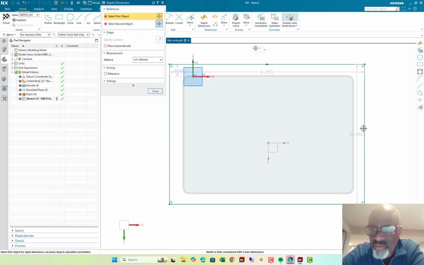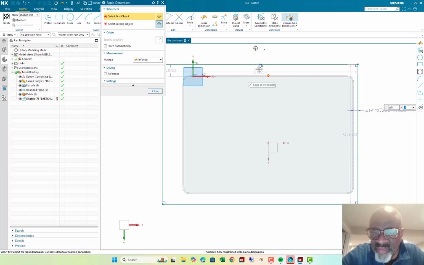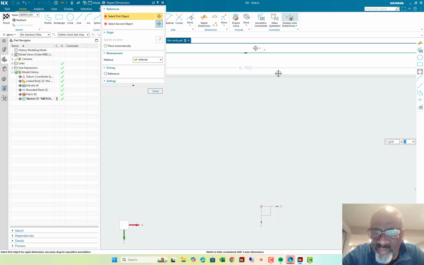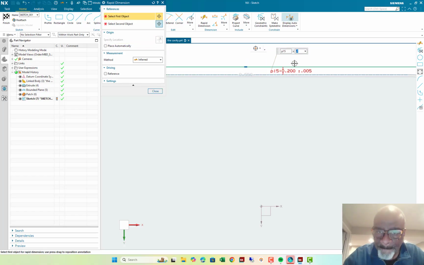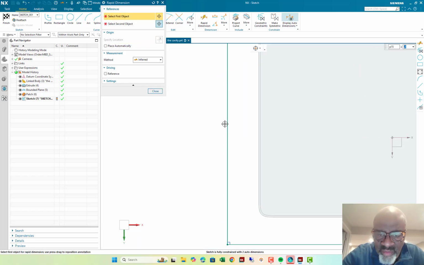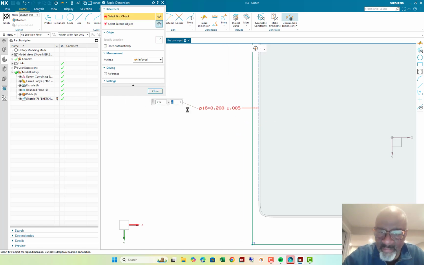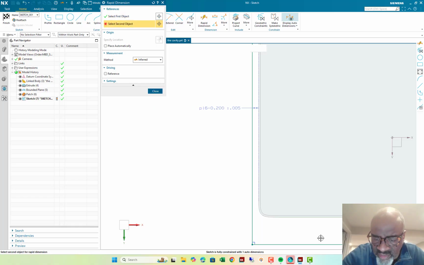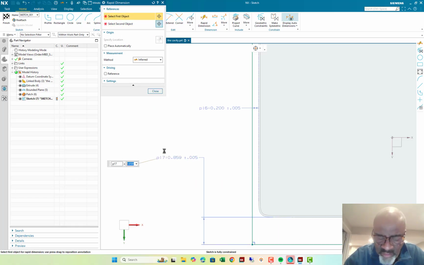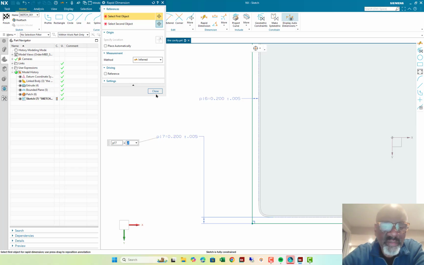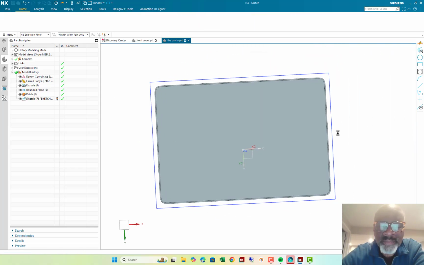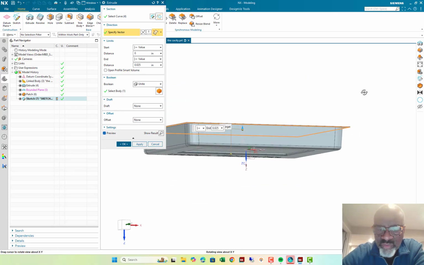I'll make a uniform offset, so I'll say from here to here is 0.2, from there to there, 0.2, from here to here, 0.2, and finally from there to there, 0.2. There we go. And I'll extrude this straight down